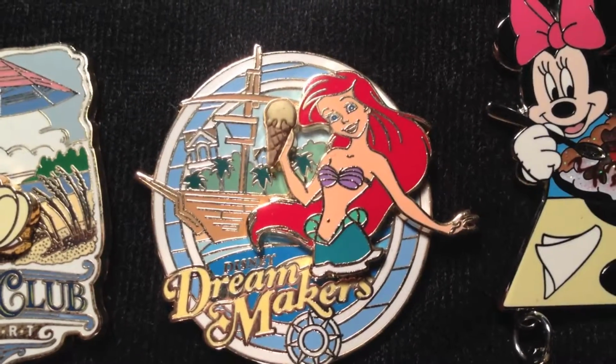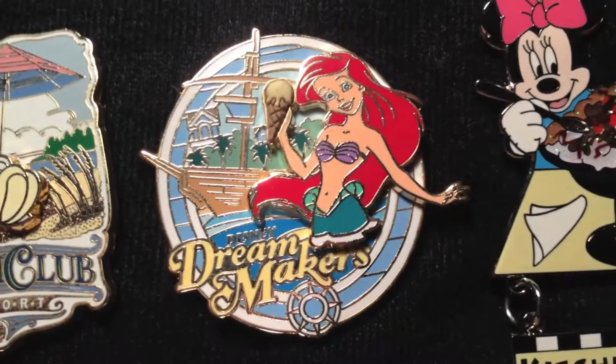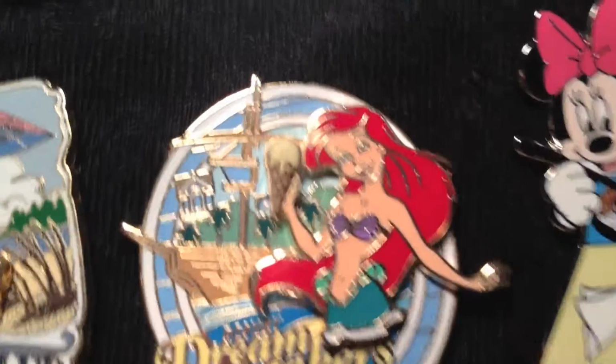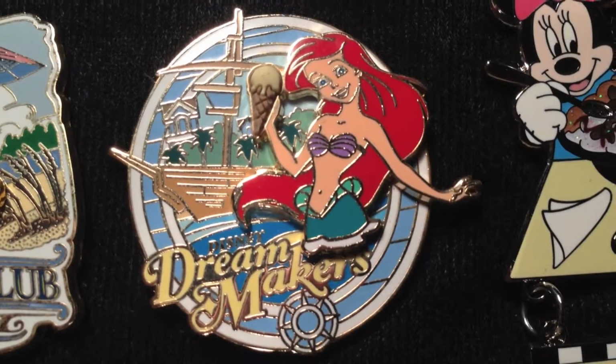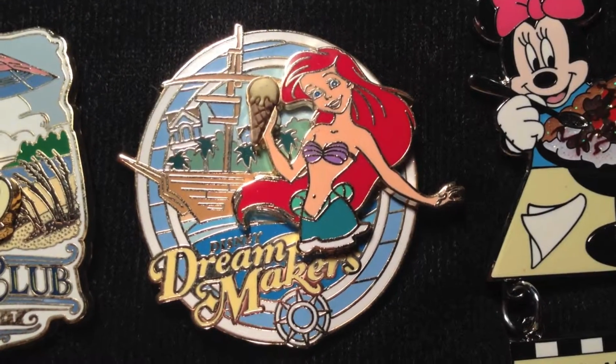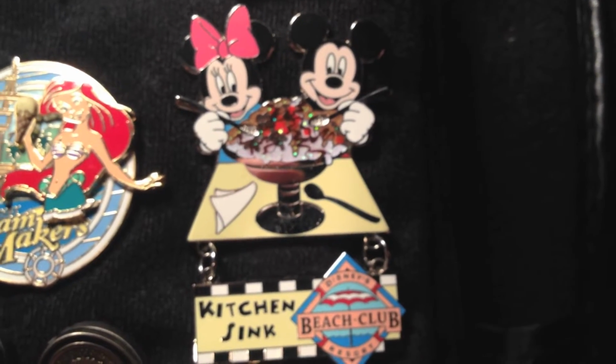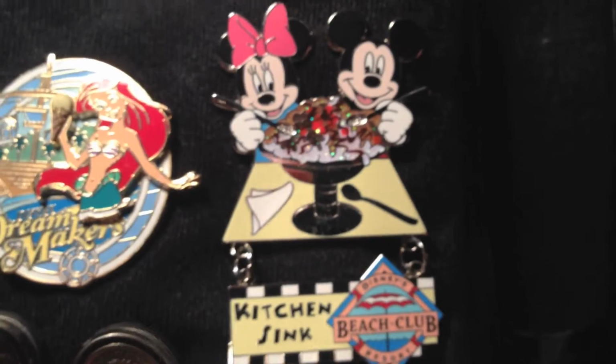That's actually one of Beach Club's coolest additions. It's a flying jib slide. So you go up all the way to the crow's nest and then you can slide down into their mile-long pool. So cool, right? This one is also featured at the Beach and Yacht Club Resort in Beaches and Cream,